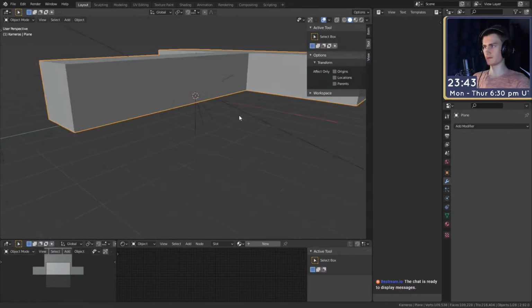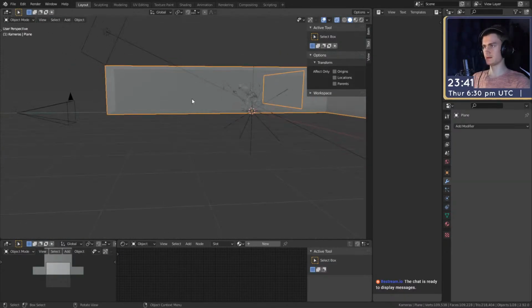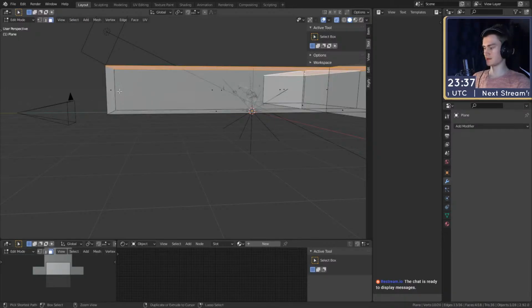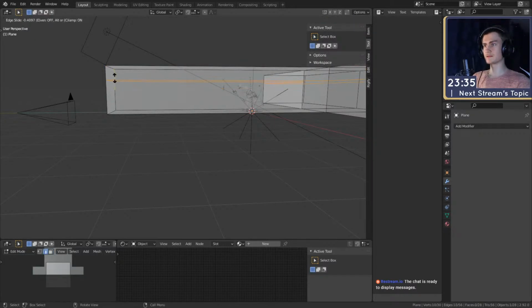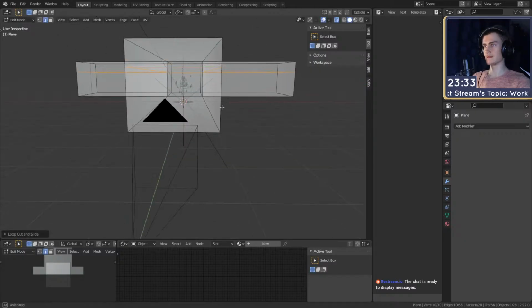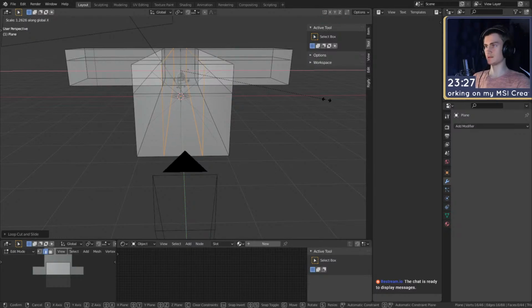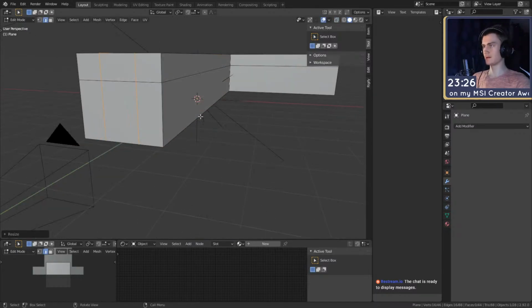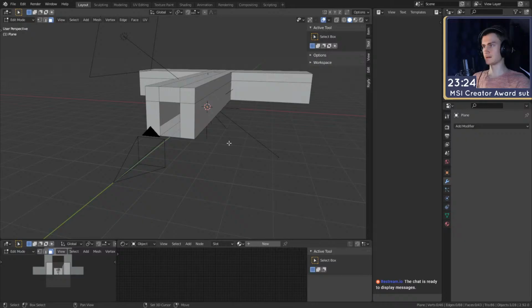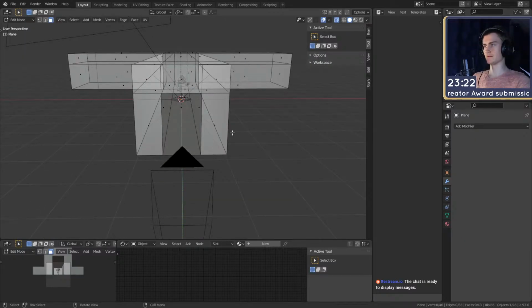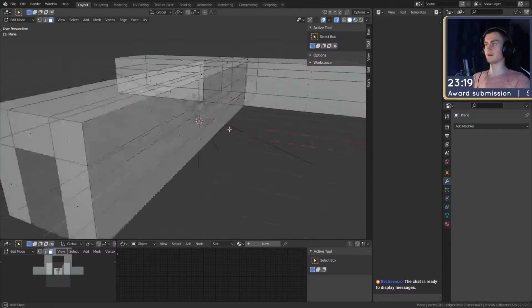I don't really know how high this thing has to be. Okay, something like, hold on, go back to edit mode. Like this maybe. I then need a second cut, like this. 2 cuts actually, more like this. So we have a door frame. Then go in here, delete this. Perfect. Okay. So next up,